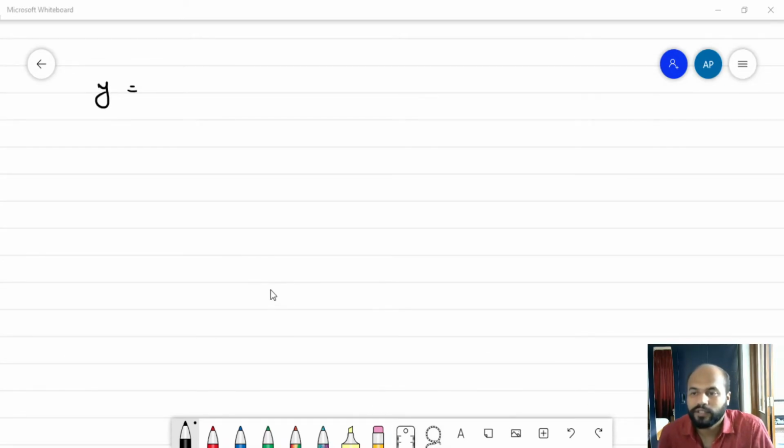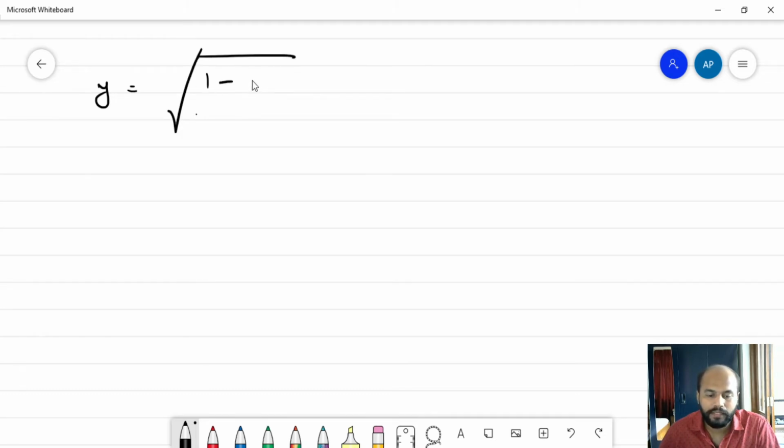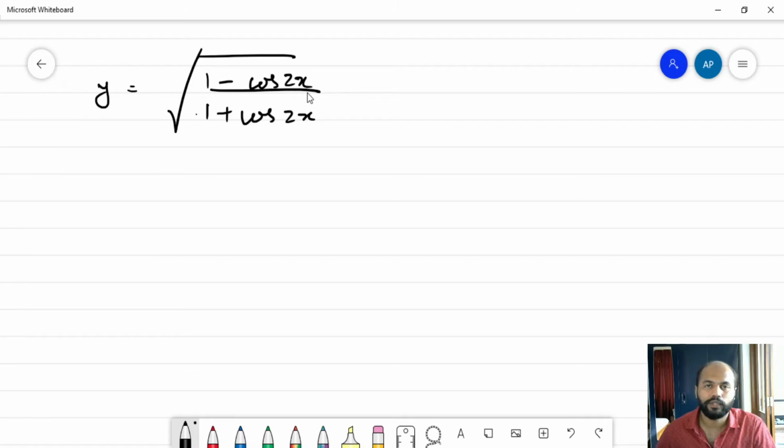Let's take up a few more functions and see in the complex form also, first how to simplify them and then to find the derivative, which is a very good technique. This time the function is 1 minus cos 2x by 1 plus cos 2x. This is such a chapter in which we are heavily using trigonometry, because specifically these are trigonometric functions. So having a good knowledge or background of trigonometric basic functions is really important in this. So here you can see that it is going to be 1 minus cos 2x by 1 plus cos 2x. Now we can obviously simplify this first.